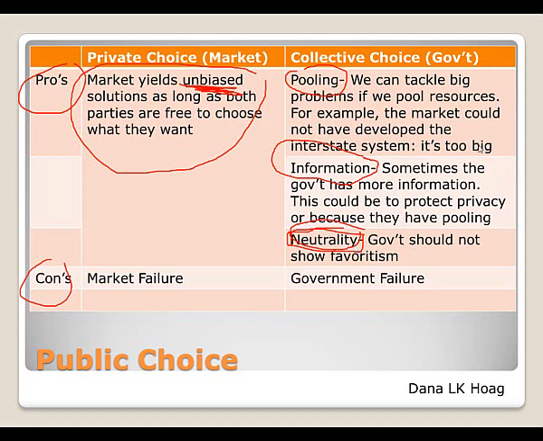Now, of course, we have the same problem here, is if we leave the government to its own devices, it will lead to government failure. So we end up with a problem where we have either market failure or government failure, but there's no way to have all the good of one and none of the bad of one. You have to have some of the good and some of the bad. So that comes back to the same place we were before, which is the government failure must be outweighed by the market failure for the government to intervene.